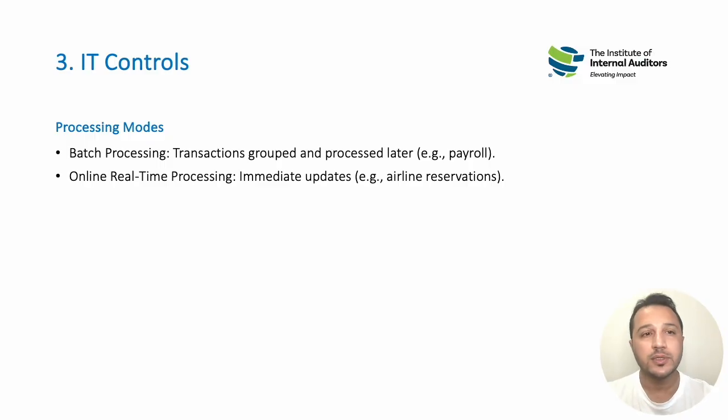So you have to see the transactions and their processing mode, and that will reflect what the risk exposure is to each type of transaction and the type of controls that is required. So in real time, you need to have more preventive controls. In batch processing, you can have more detective or corrective controls, though you still want to have preventive ones, but you could still have some ways of detection as well. For example, reconciliations, that kind of thing. So it is important to understand.